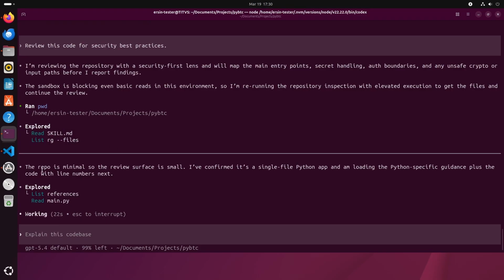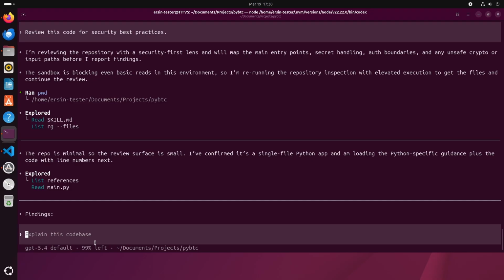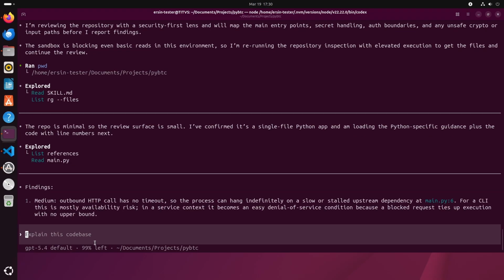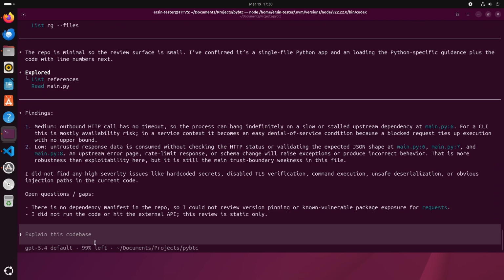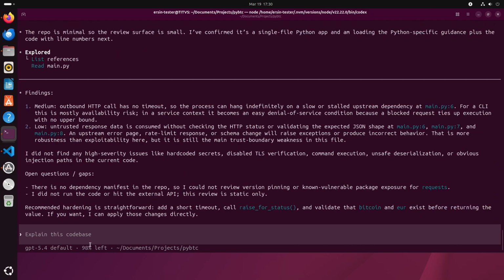Yeah, as you can see, it's using security best practices right now. Already found two items. One is medium and the other is low severity. Medium is outbound HTTP call has no timeout, so the process can hang indefinitely on a slower stalled upstream.